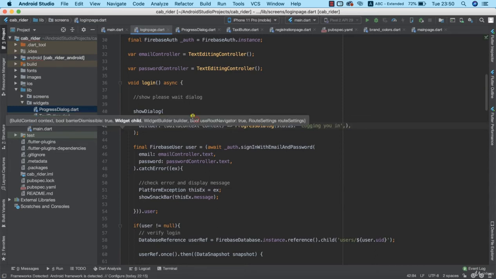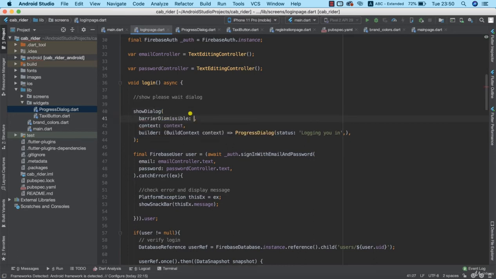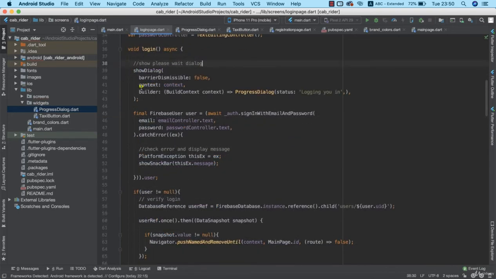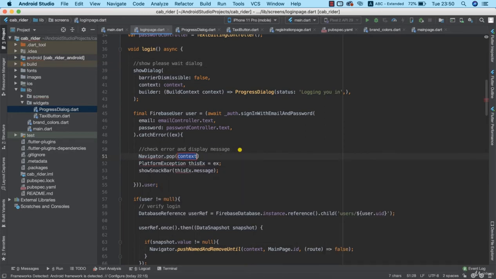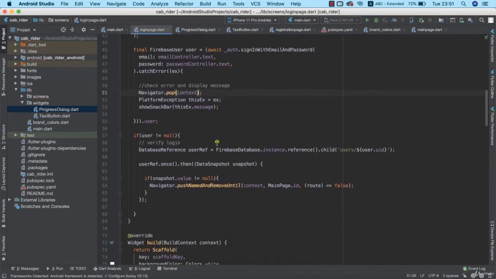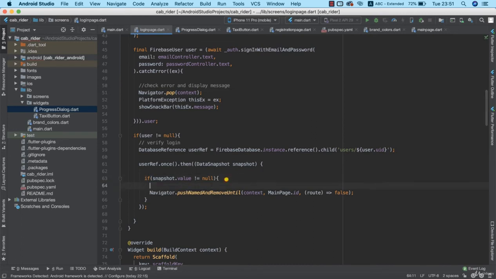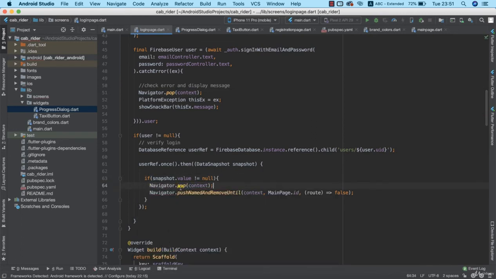We need to make the dialog non-dismissible, so I'm going to have barrierDismissible set to false. So the flow is that as soon as the login starts, we'll display this dialog. If we run into any error, we're going to go ahead and pop our dialog by just calling Navigator.pop. At this time when the user is about to log in, we can go ahead and pop it as well, Navigator.pop. So this will also suffice,